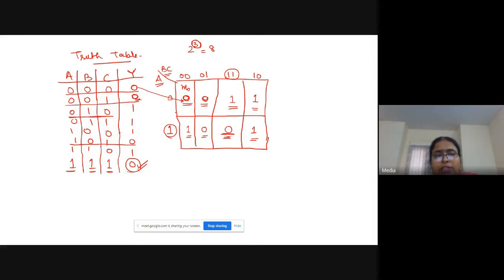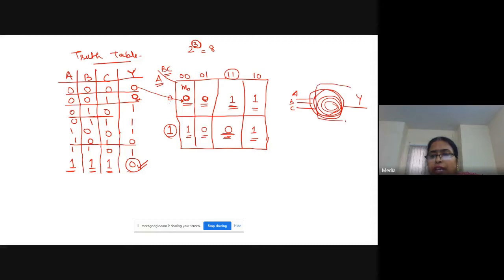Third is 0, 1, 0. So now A is 0, B is 1, C is 0. This is the cell which represents these variables. Actually, A, B, and C are the inputs or the variables, and in between some circuitry is there and I am getting the output Y, right?